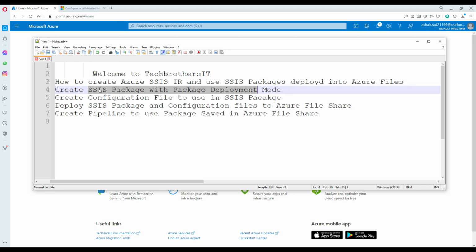So people were still creating SSIS packages and creating configuration files, and those configuration files saved different information, such as variable values that you can change at runtime and provide in production, UAT and all that. So Azure SSIS IR is giving us that option. If you want to create your SSIS packages in package deployment mode, you can create them and then use the